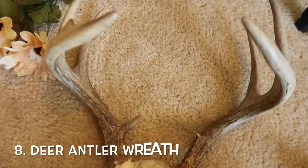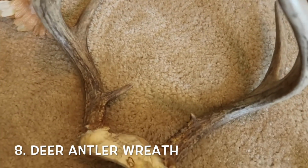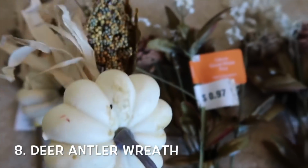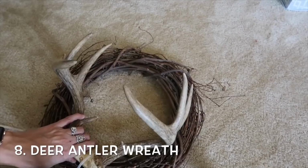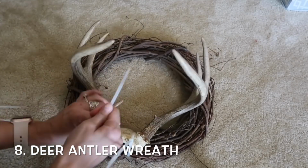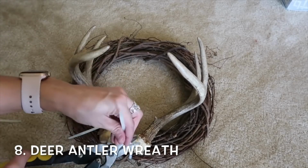This next one is an absolute favorite of my husband's. It's a deer antler wreath. He let me use some antlers to make a wreath. This little flower came from Hobby Lobby, and then these picks came from Walmart. I'm pretty sure Walmart. Anyways, the only thing I did here was take some zip ties and zip tie the